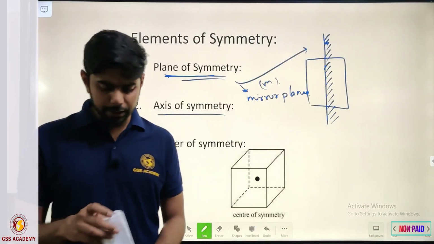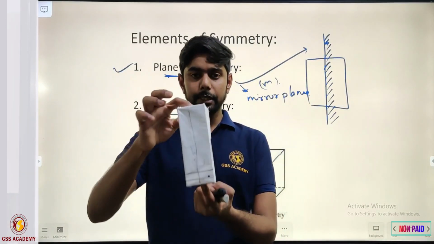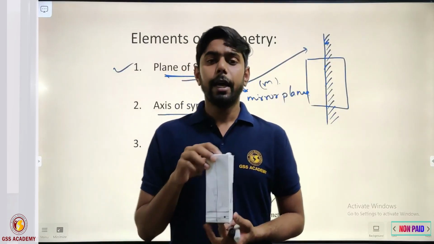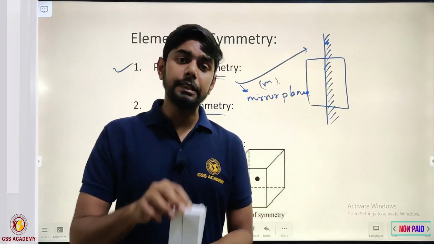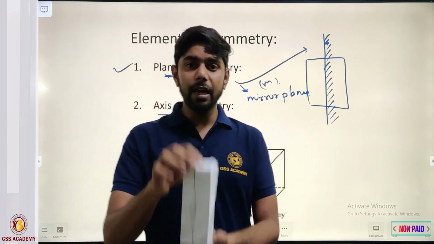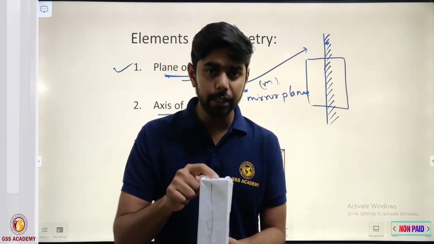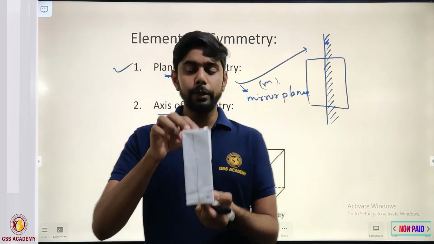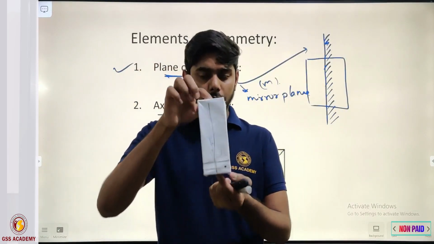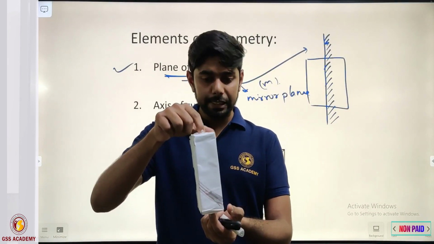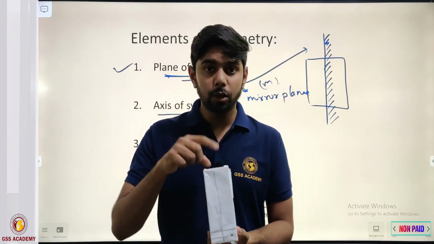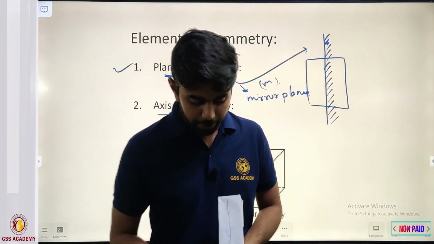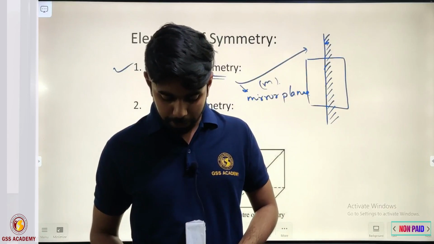Let's assume that this is a crystal and this is the axis. This is the c axis, which is moving from up to down. This axis will be considered the axis of symmetry if I am rotating the crystal along this axis through 360 degrees and I am getting the same faces. Let's assume that I am rotating the crystal along this axis through 360 degrees and I am getting the same face twice. You can see the dimension of these faces, which is different from the dimension of these faces.